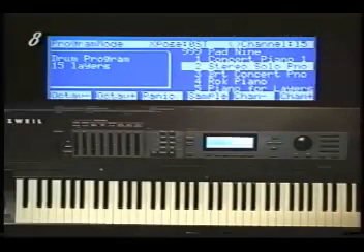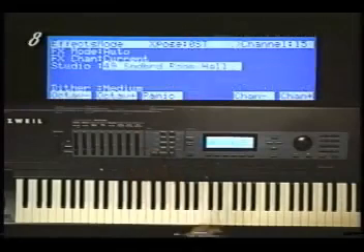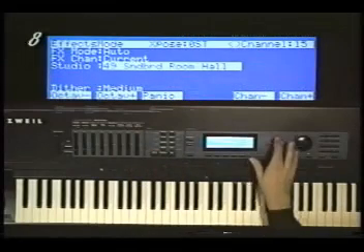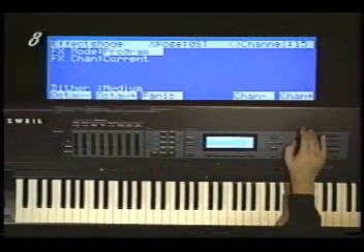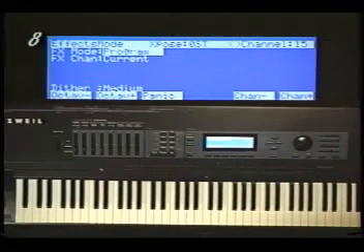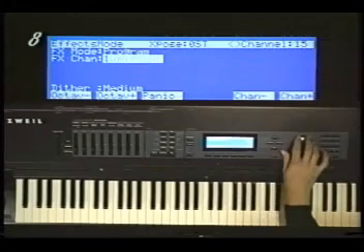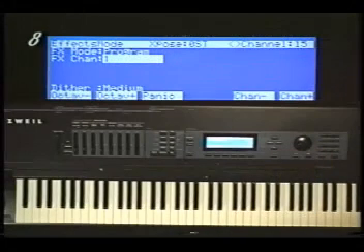In this case, the solution is to go to the main effects page. Set effects mode to program. Then set effects channel to the specific channel you want to use for effects control. Now you can go ahead and create a program for effects control in the exact same way and call it up on your chosen